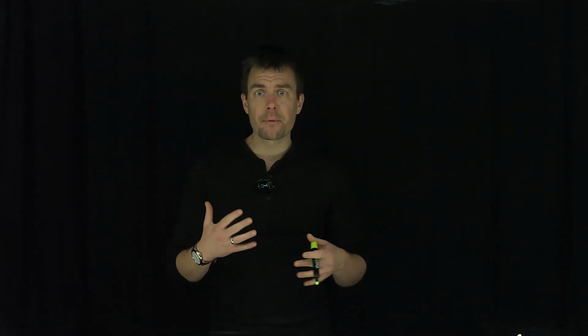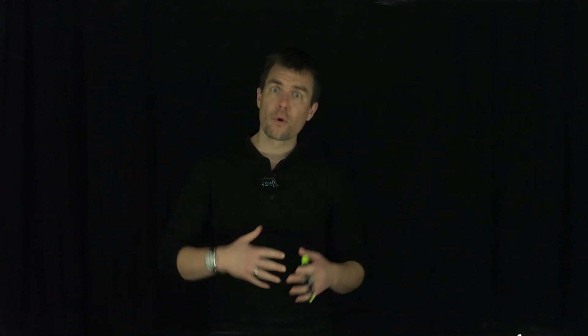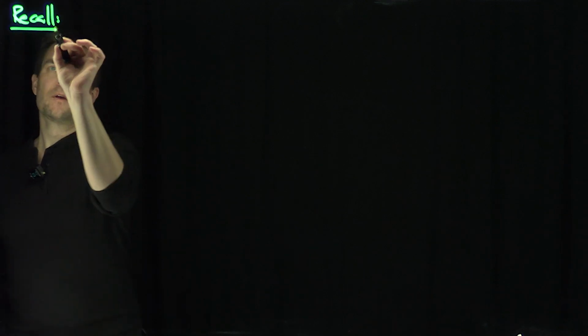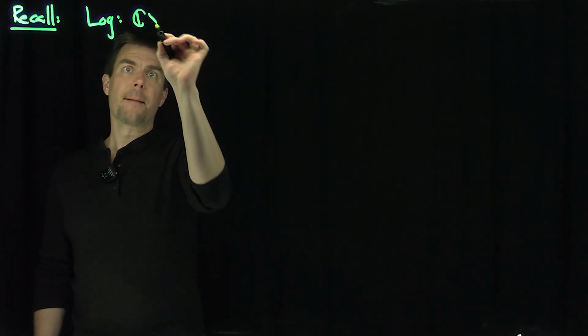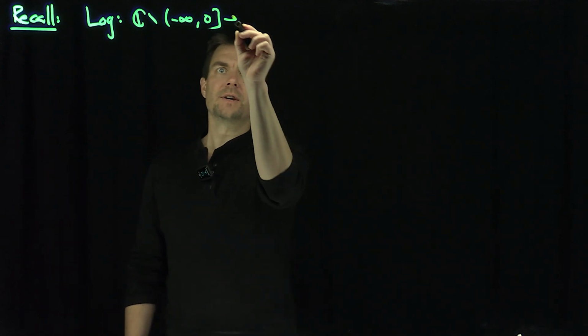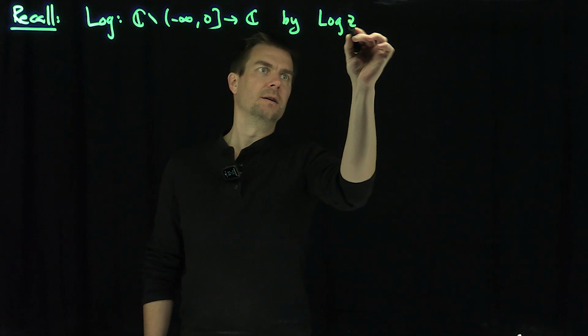Hello students, in this video we'll see several examples of properties of complex logarithms which either work for the general multivalued logarithm or fail for the principal logarithm. So let's recall the function log, which maps the complex plane minus the half line, 0 to infinity, into C by log z,